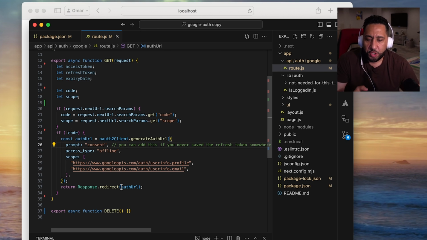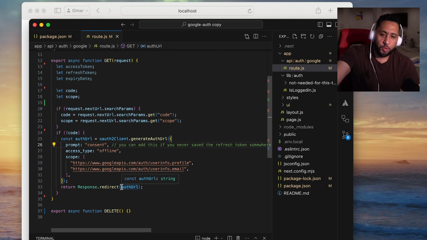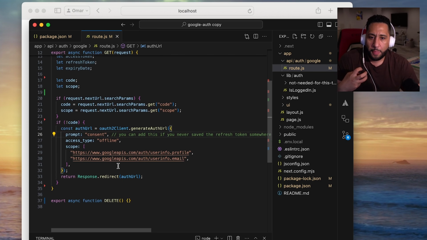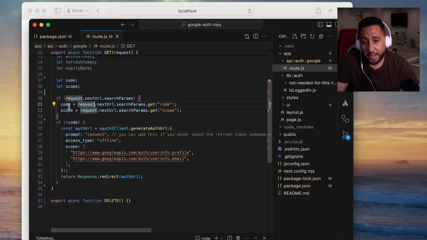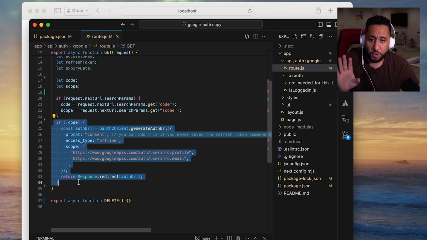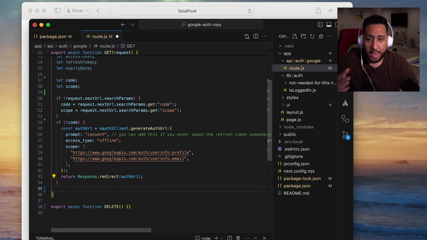So now this is going to basically send authorization to Google, and Google is going to respond with something. When it responds, it's going to respond with a code. Okay, and then you're going to use that code. It's going to send the code, and you want it instantly, once you get it back. So if there's no code, do the authorization URL. Once you get the code, and there is a code,